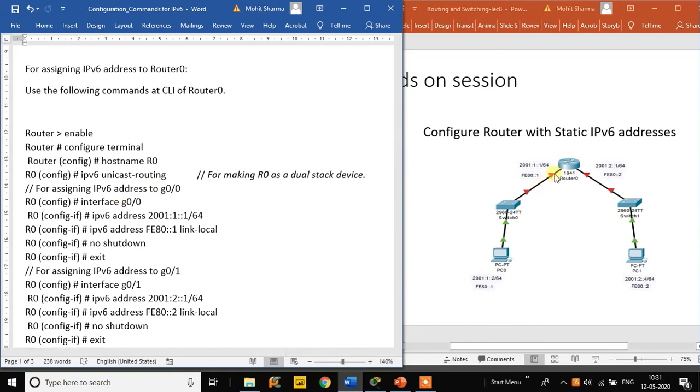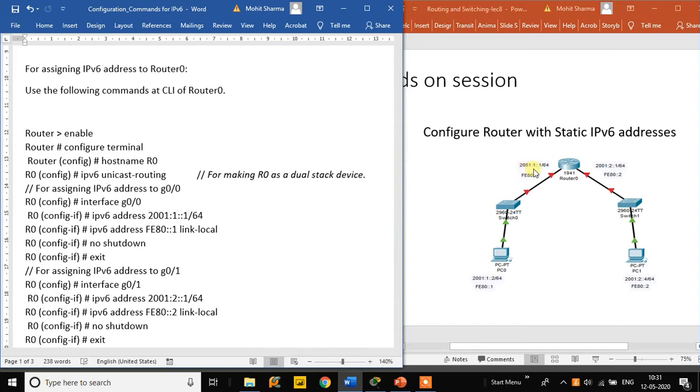After that, we have two different interfaces on the router, and we have to assign IPv6 addresses to both of them. We'll first go to interface G0/0 and assign the IPv6 address. Instead of the ip address command which we used for IPv4, here the command is ipv6 address.